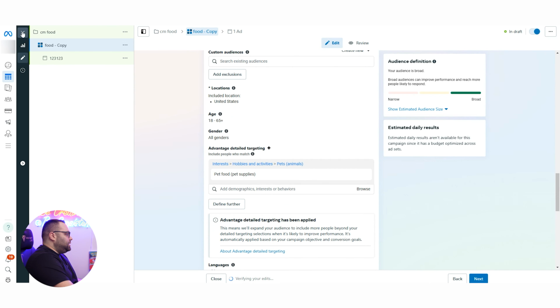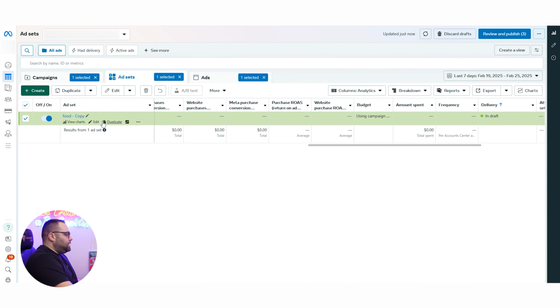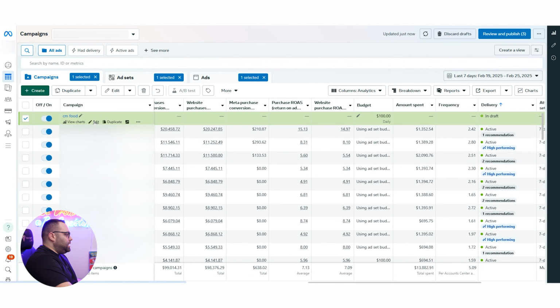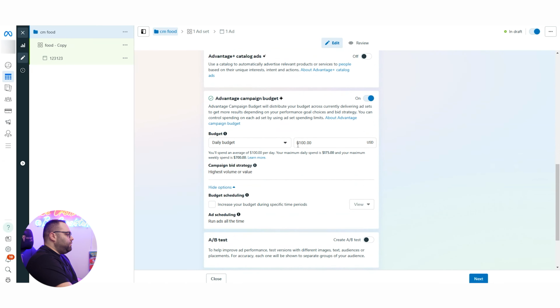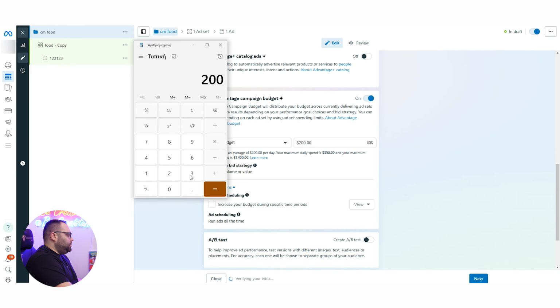Nothing else is going to change. Or we can also scale, for example, in this case, and say that instead of 100, we're going to do 200 because we want to scale it. And this time, if we do 200 divided by 30, we're going to get 6.6,